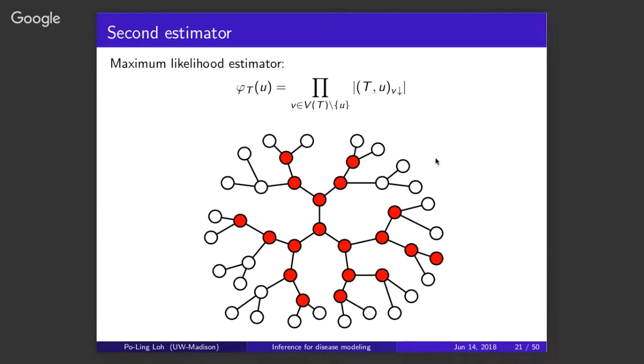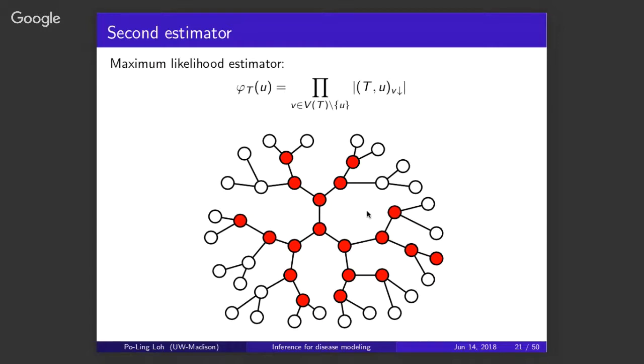So we had a tree to begin with. Furthermore, I think I might not have said this too clearly, but it's a regular tree, which means that every node has the same number of neighbors, d neighbors, let's say. Then you can easily write down the probability of any particular infection path happening in the tree. And then you can figure out how to calculate the maximum likelihood estimator for the first node that would have started the cascade. And it turns out that it has a particularly simple form.